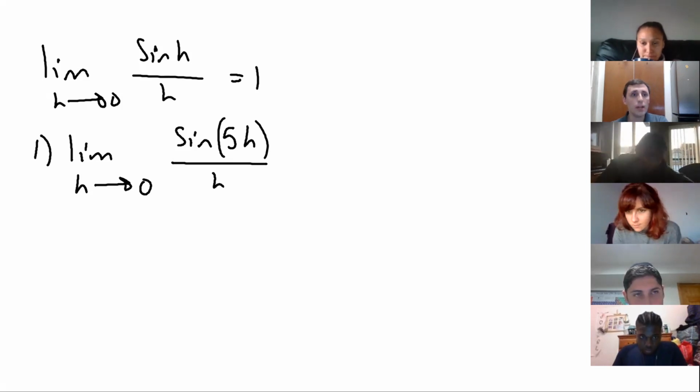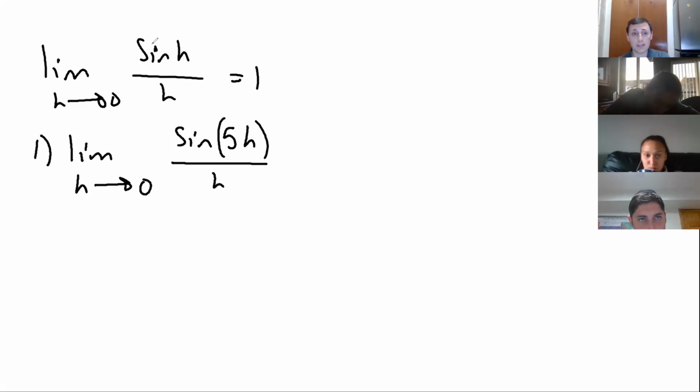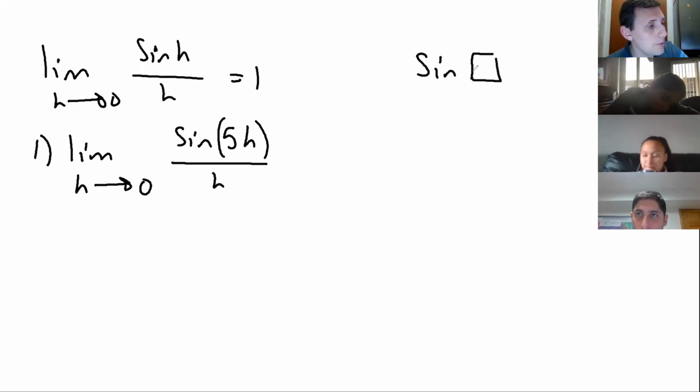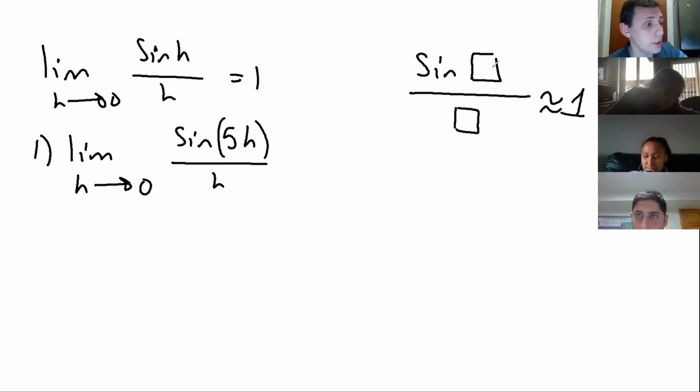Now, do you see why the answer is correct, the answer is 5? This is what you're observing, guys. You should have this pattern. Sine of a small angle divided by a small angle is nearly 1. That's what the limit is doing. The limit is making the angle get ever so small. So here,